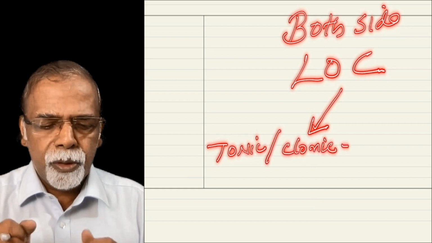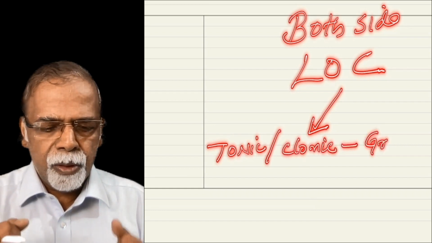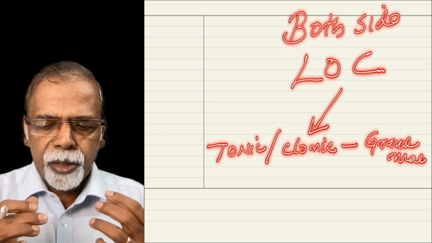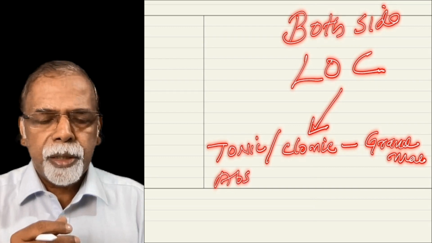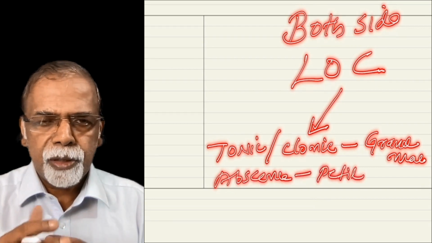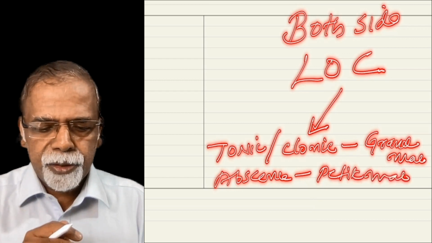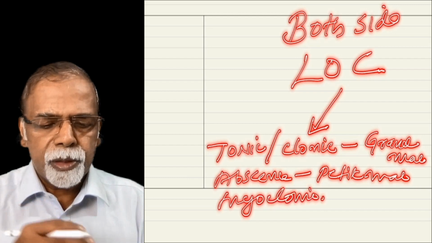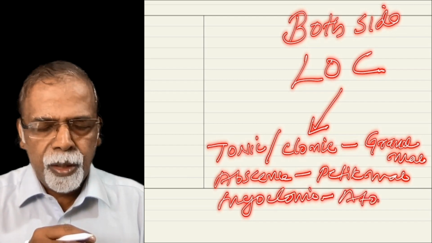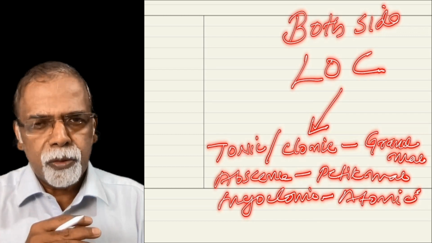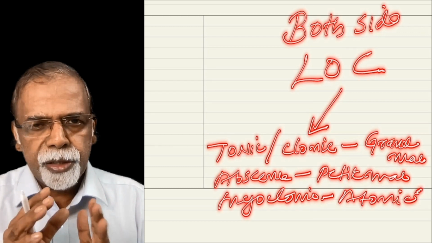This includes tonic type, clonic type, tonic-clonic, previously called the grand mal seizure, absent seizures, previously called the petit mal seizure, myoclonic jerks, okay, the jerky movements, and atonic seizure, sudden loss of the postural tone. So these are the various types of